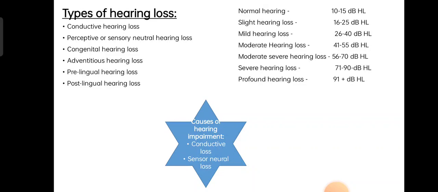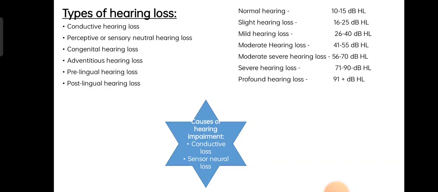And if it is a slight impairment, they will ask you repeatedly, yes, excuse me, pardon, what did you say. They hear the words and repeat the words. In moderate impairment, they are able to hear but cannot repeat the words. And profound means, as I told you, they are unable to hear and understand. It is very poor, like 100% impairment. You can see that in the last type of hearing loss, profound hearing.